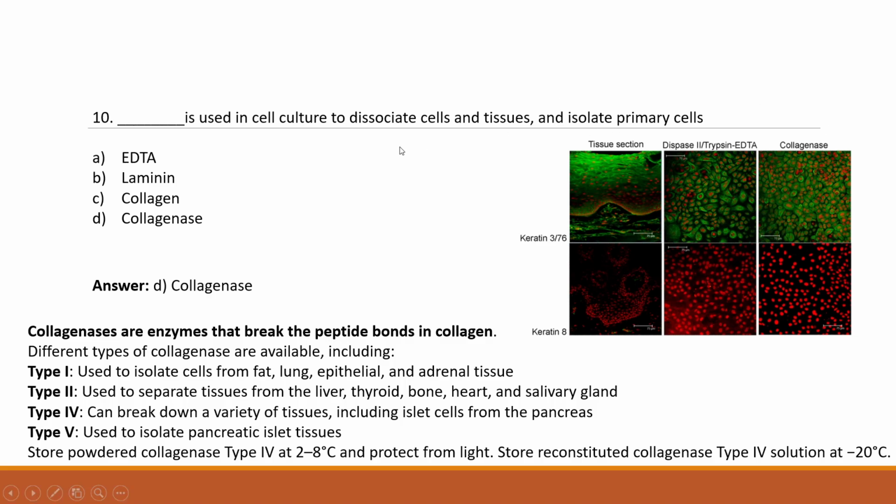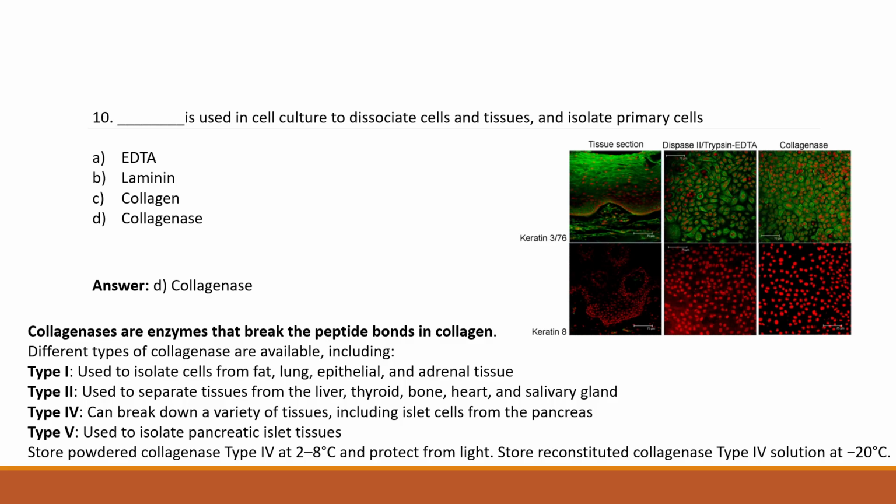And you should also remember that after adding it to the cells, you have to wait for a couple of minutes, 2 to 4 minutes, but not more. If you wait for more time, then autolysis will occur. So after you are done with your 2 to 4 minutes incubation, you take it out, and then immediately you neutralize with your serum media, that is your complete media. The serum components of your media will help in deactivating your trypsin. So that is how you detach your cells, and again you